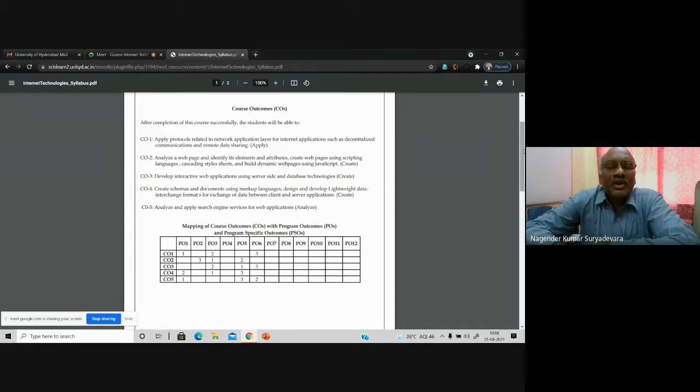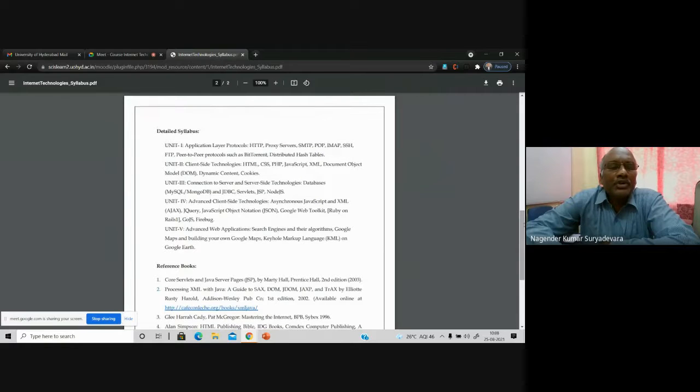Those programming instructions or codes help the devices function according to your requirements, or according to the applications where you are going to use those hardware devices and software components. This course is divided into 5 different units, or 5 different modules.